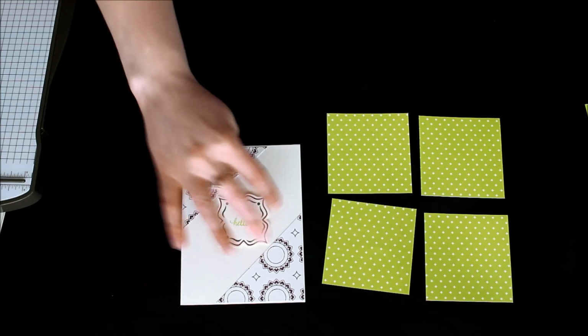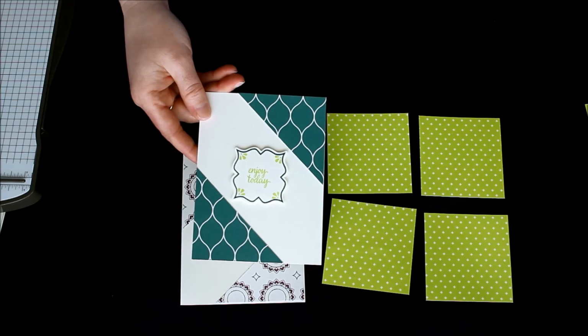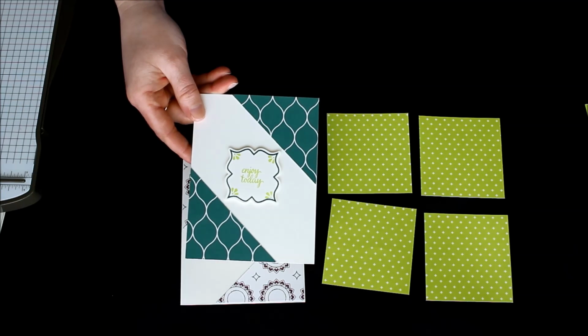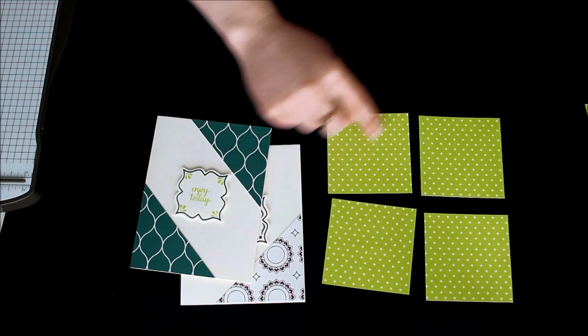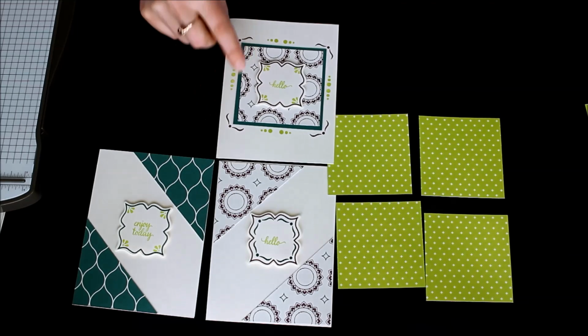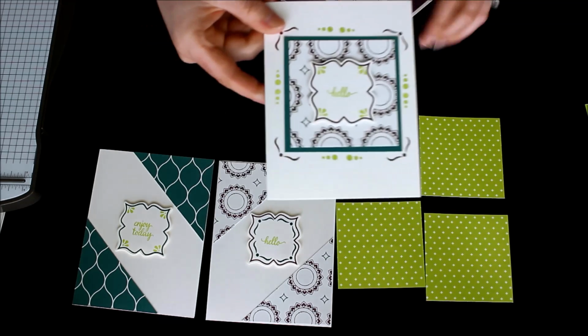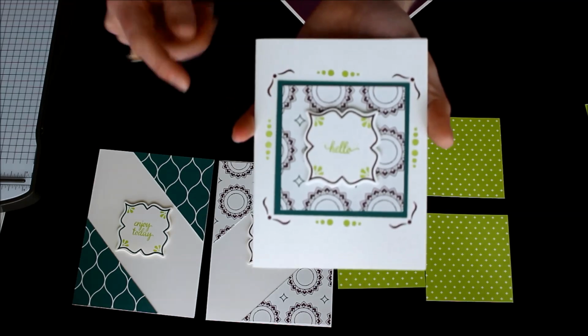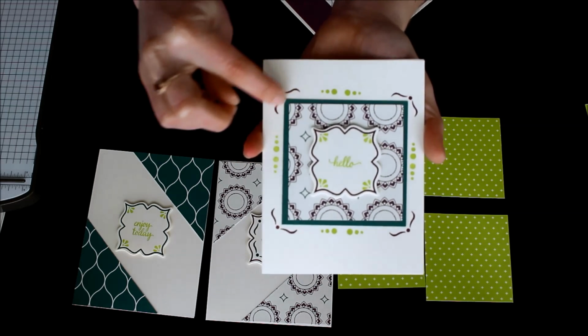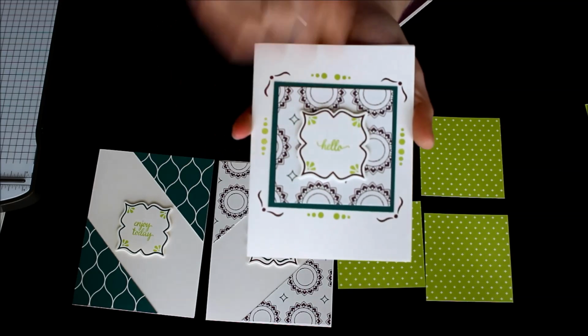You could always stamp or decorate the middle as you wish. This one I did the same thing where I did the opposing corners where I cut one of these in half, just straight diagonally in half. Then this one I went ahead and I left the square as is. So I added all those extra little stamped pieces. So I stamped this little image on the corners and then the little dots,